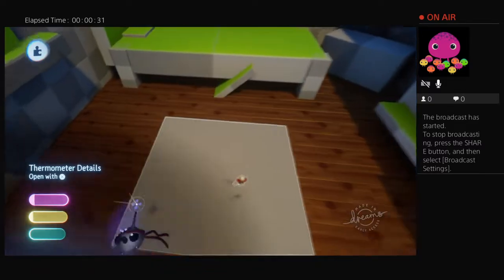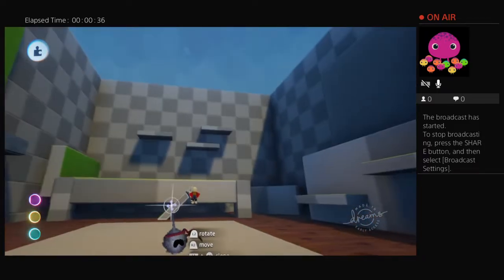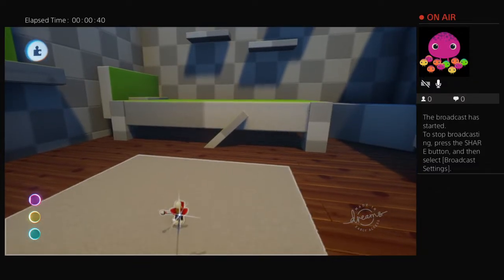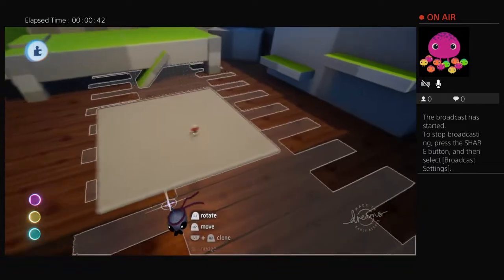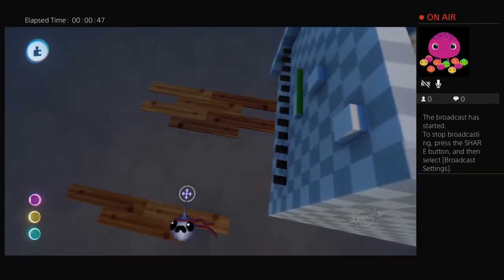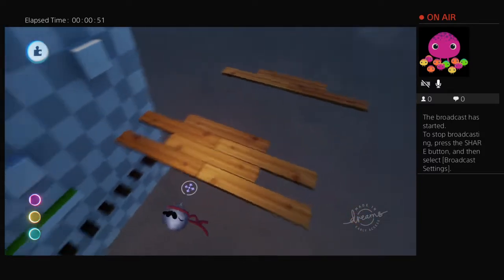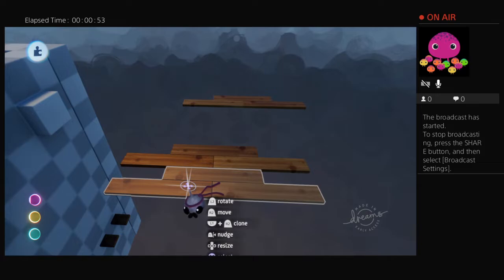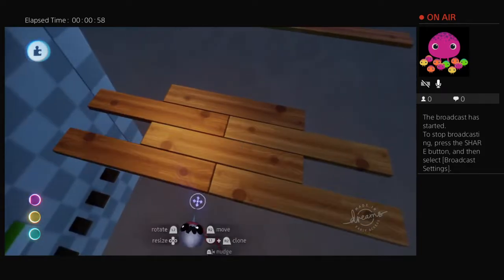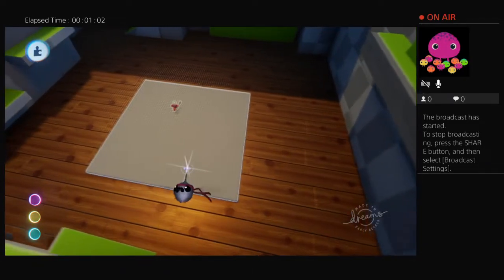I'm gonna show you how to keep your thermometer low. You also gotta remember I have my character in play as reference to scale. Even though I have them high up, I'm gonna go ahead and scoot them down. I value gameplay over anything. So right now, first of all, what happened here? Right now I'm making my wood pattern, and I could be okay with this, but I have attention to